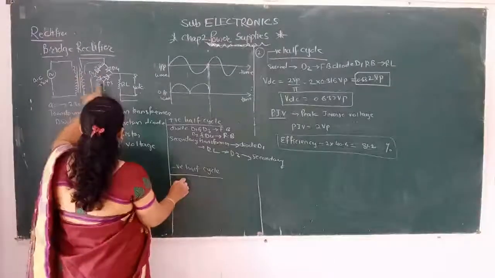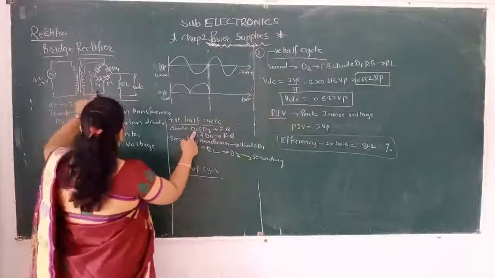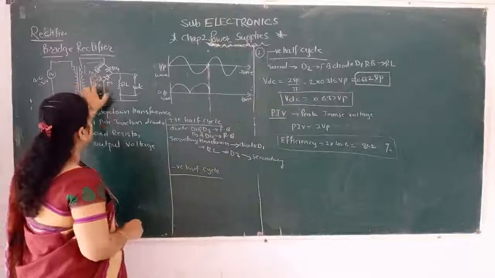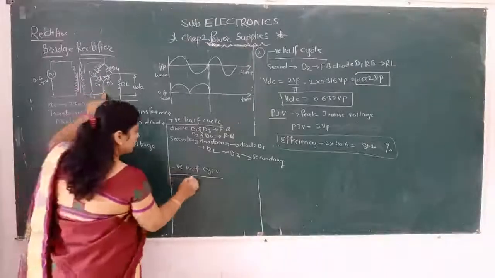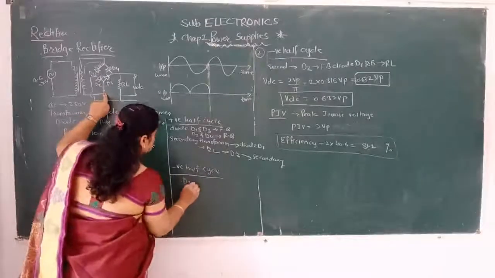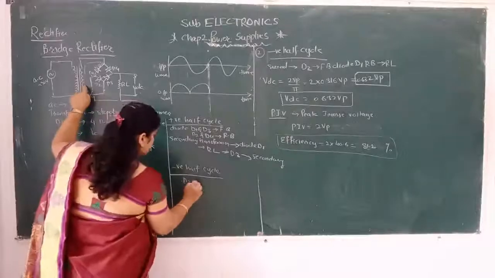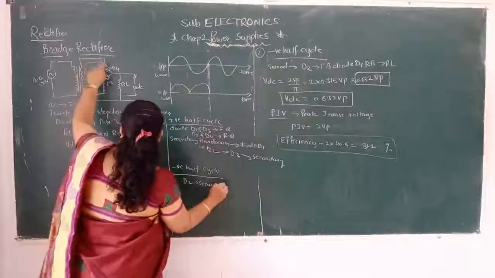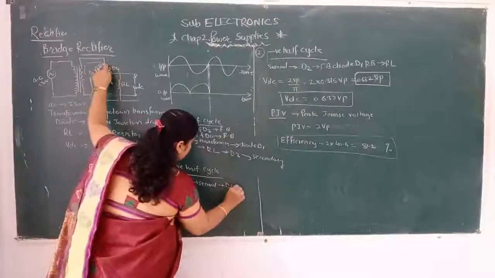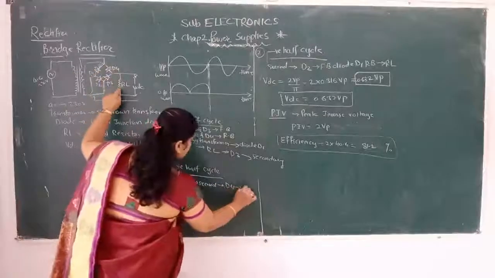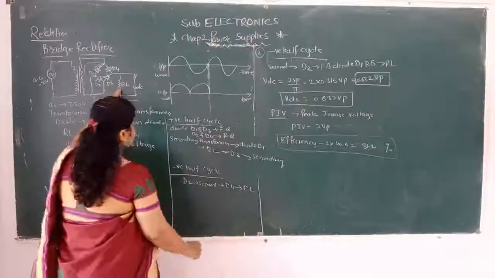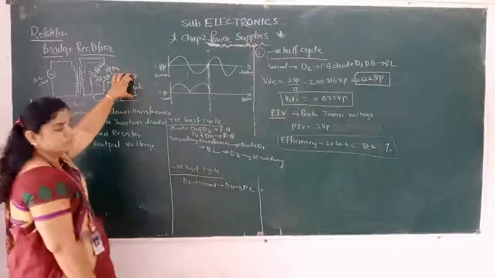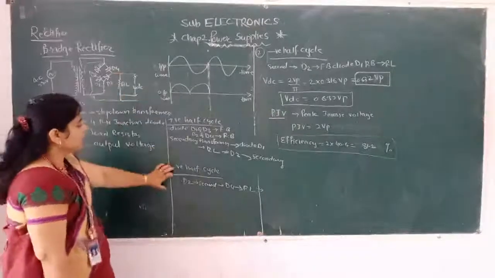Diode D1, here we start, okay, D1 and D3. Now we'll start from D2. From D2 it goes to the secondary winding, and from secondary to D4, and D4 to RL. Okay, at RL we get the output here. So this is the negative half cycle.